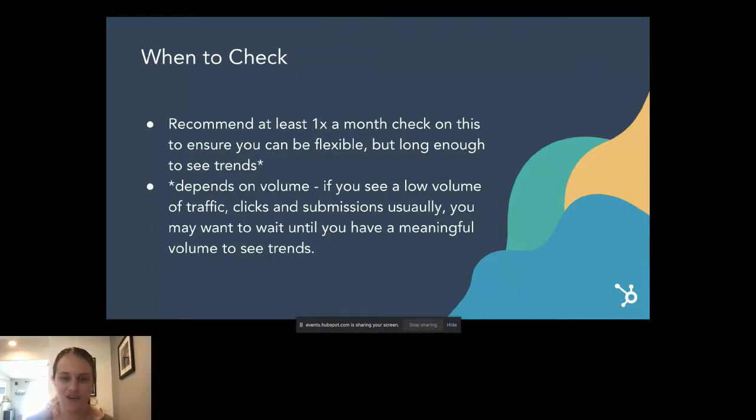If you see a low volume of traffic, clicks and submissions, you may want to wait until you have meaningful volume to see trends. So if it's something that's a bit more specific, let's say you have a really long sales cycle and you have a piece of smart content that is looking at list membership of prospects that are going to be closing a deal, that's an example of something that might take a long time just because the list membership is limited compared to someone that might be a stranger to your content.